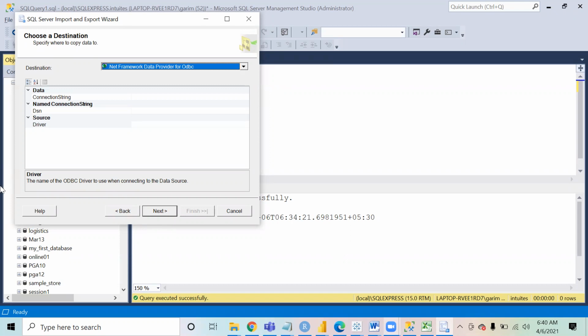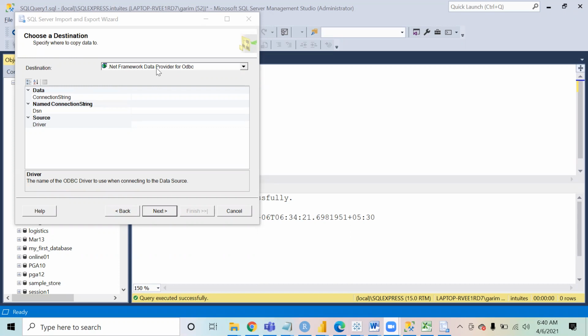Okay. Now what is over here, ODBC driver? Sorry, what is ODBC driver? One second. I was saying it is showing as destination.